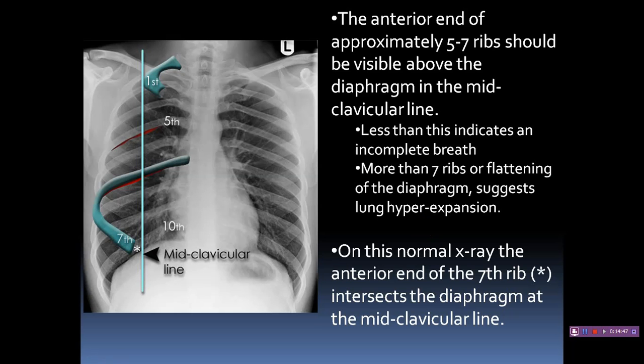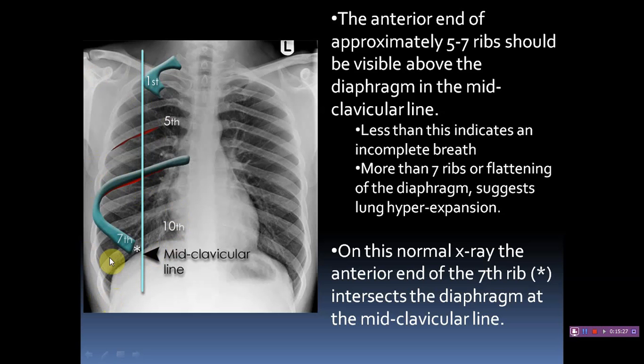When you take a radiography, there are certain things you have to consider. First of all, you can see here the proper positioning. How will you identify it? If you are able to see the seventh rib within the lung field, it means that whatever breath technique you told the patient, that is proper. It means the patient has taken a proper breath and properly held it.